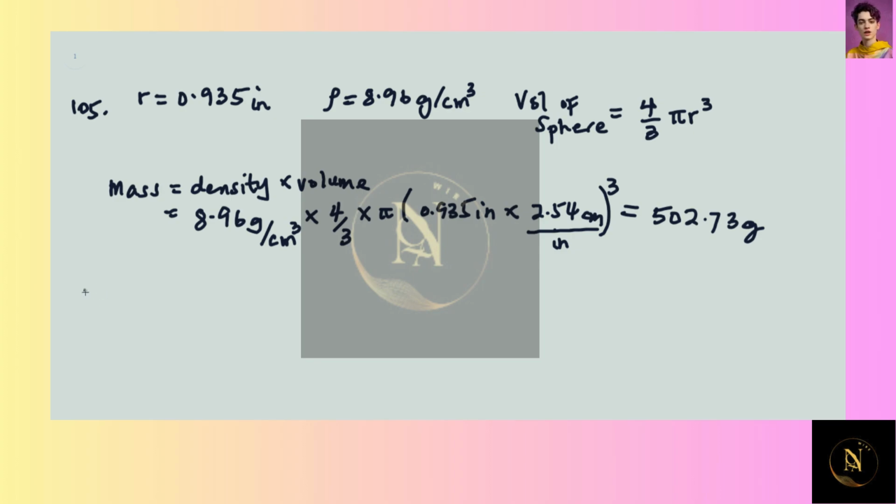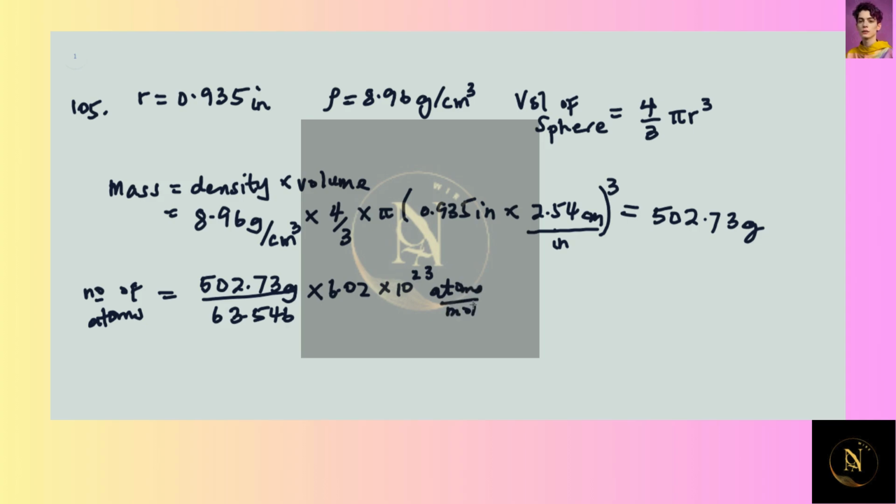Now that we're done with the math, all we have to do is determine the moles and then find the number of atoms. So for the number of atoms, you can just find the mole and multiply by Avogadro's number. The mole is going to be given by the mass over the molar mass. So we've just calculated the mass. The mass is 502.73 grams. Divide that by the molar mass of copper, which is 63.546. Then multiply this by Avogadro's number, 6.02 times 10 to the power 23